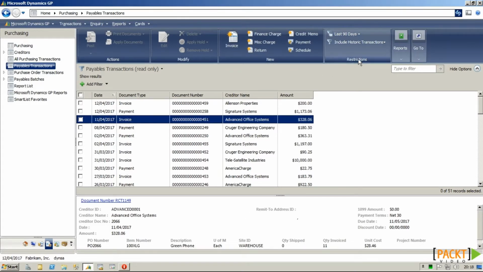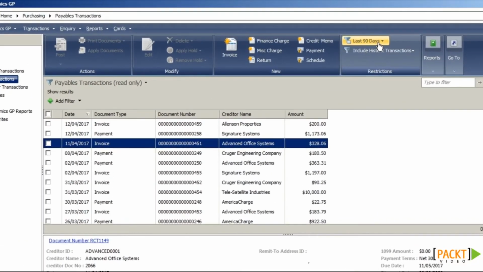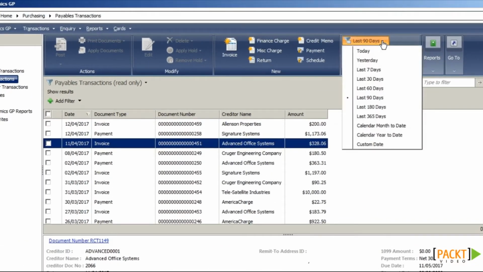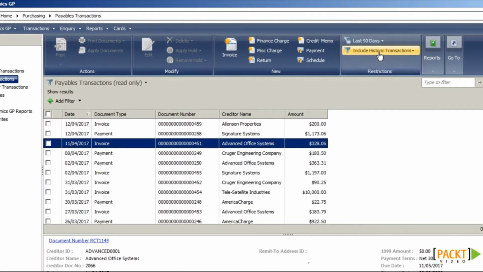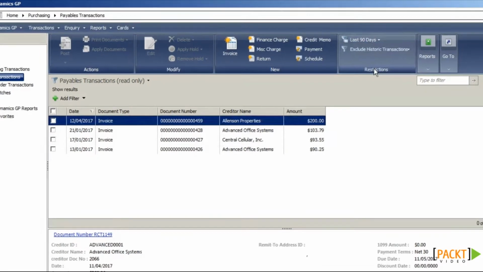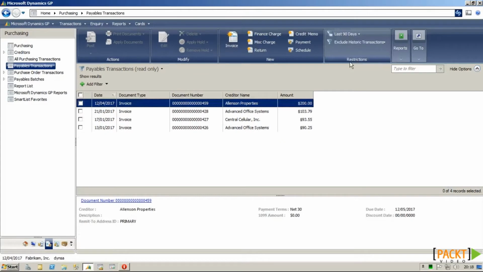The first part we'll look at are the restrictions, which on this report as a default includes the last 90 days, as well as including historic transactions, but I could change this quite simply to exclude historic and only see work and open items. If we select the first invoice in the list, you'll see that certain buttons on the